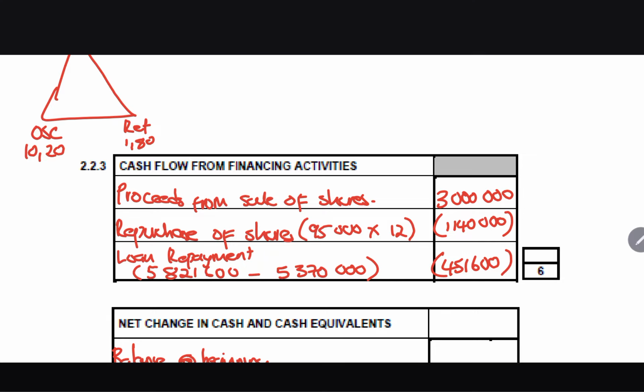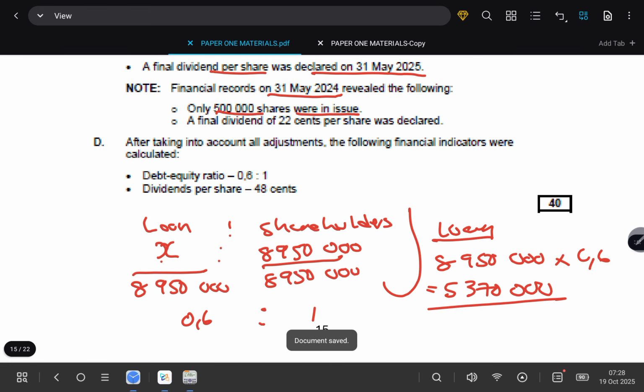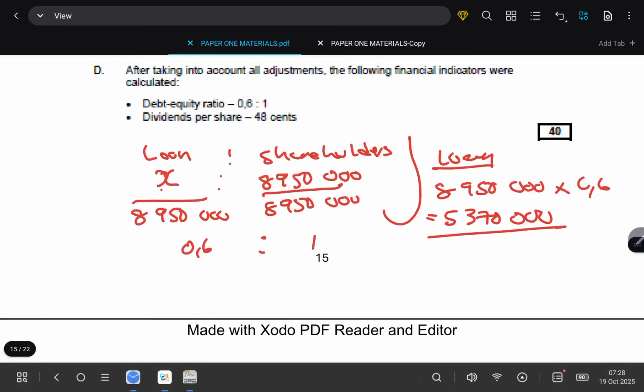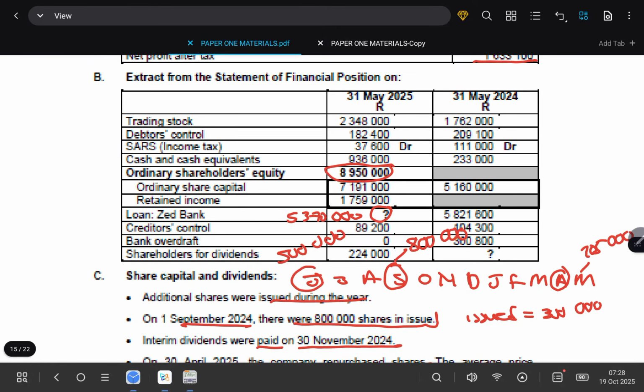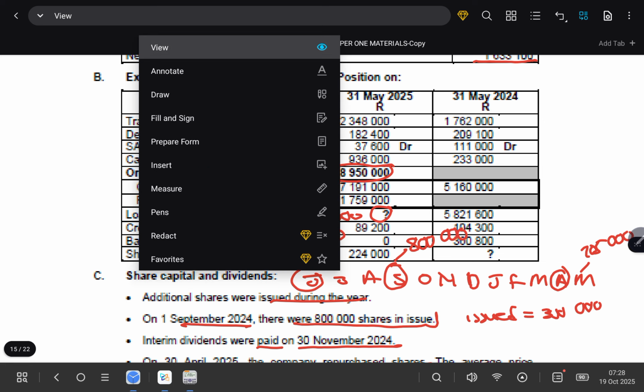You need to go back to your information about cash and cash equivalents. When you do cash and cash equivalents, always make sure you check what is happening in terms of your cash and cash equivalents and bank overdraft. So when I check here, in 2024 there was a bank overdraft, let me just erase here so that I can see,